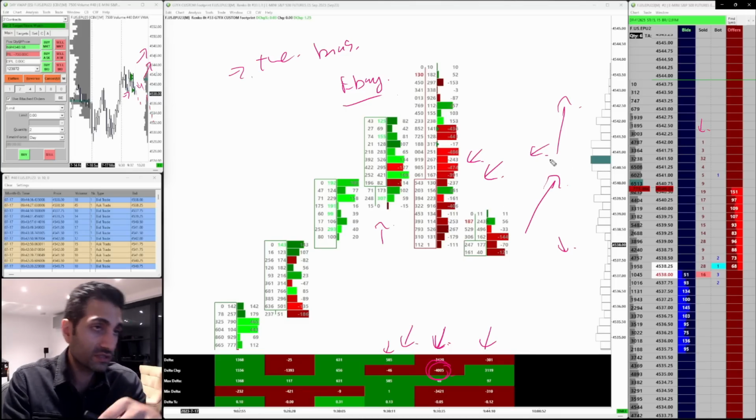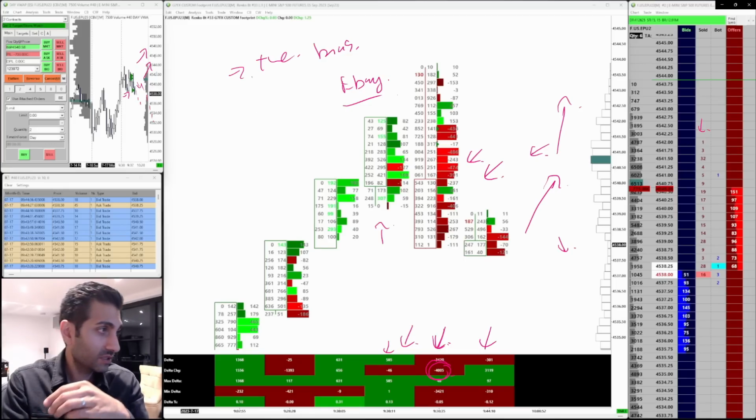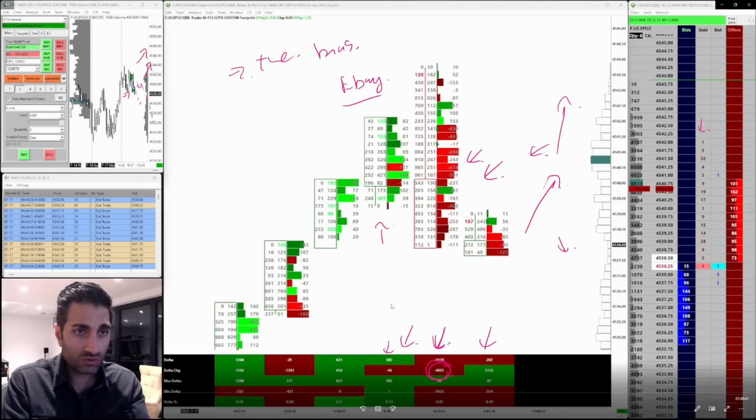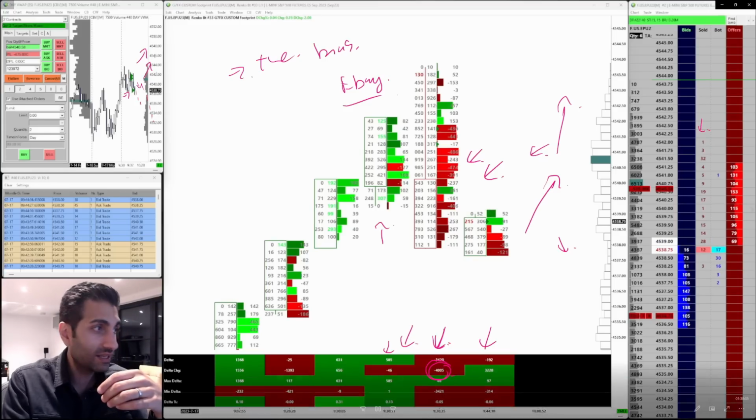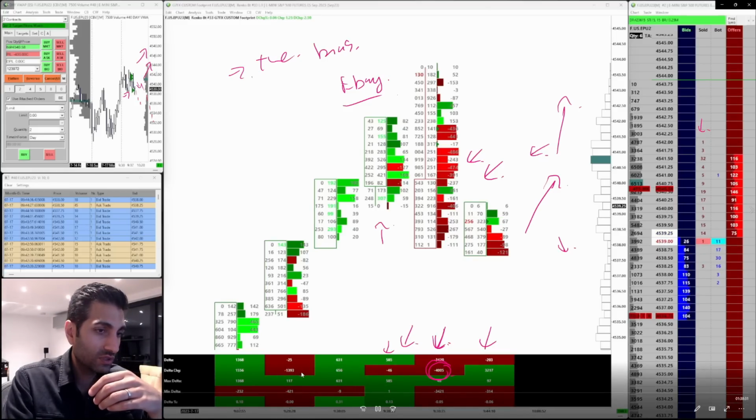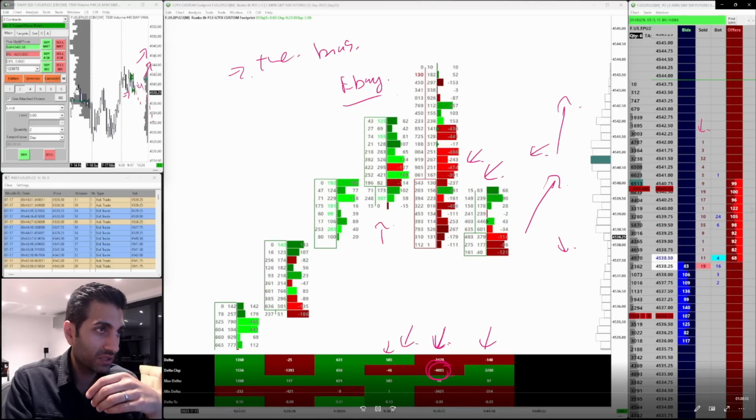So I've got into the marketplace. I am actually again going to play the market, and what you will see, because I don't want to pretend that it's always roses, is that eventually the sellers actually do manage to make some traction. So I've actually had to let the trade go and take a loss. Okay, so I'm going to forward it a little bit here. There you go, you saw that.